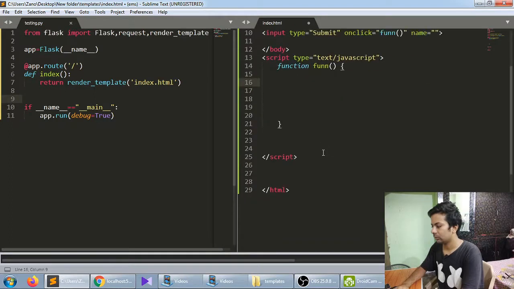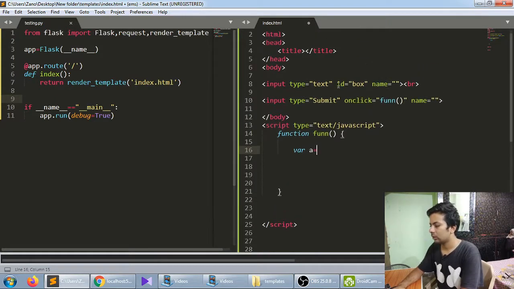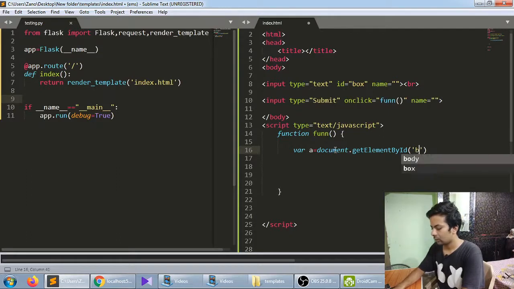Firstly, we'll receive a variable from the text box: document.getElementById('box').value.